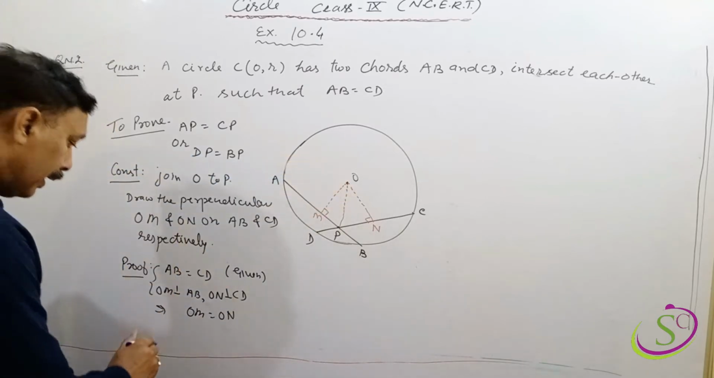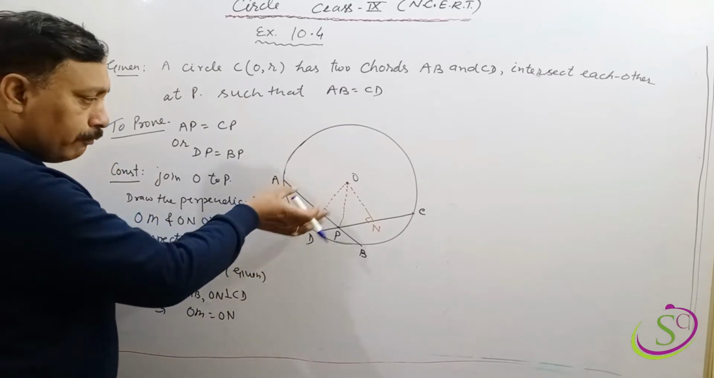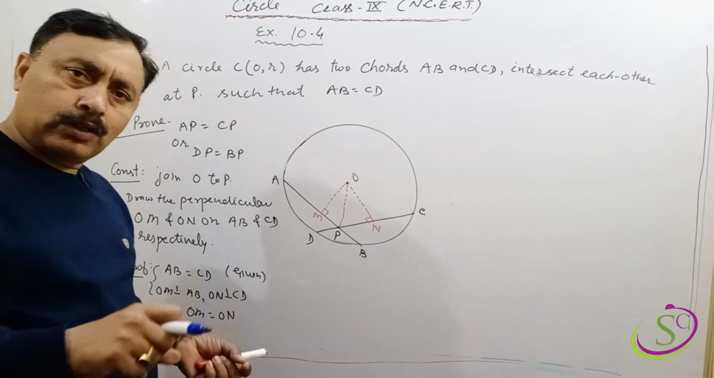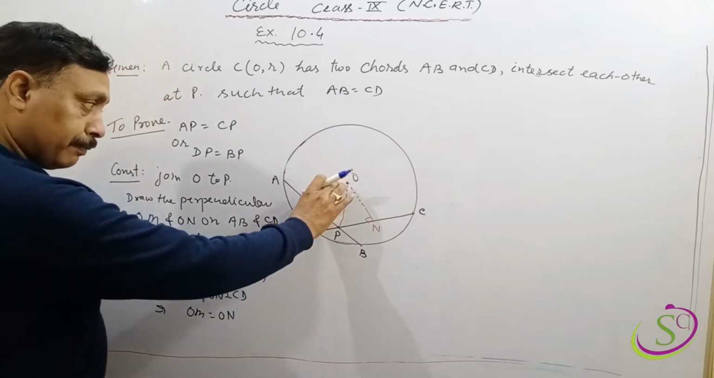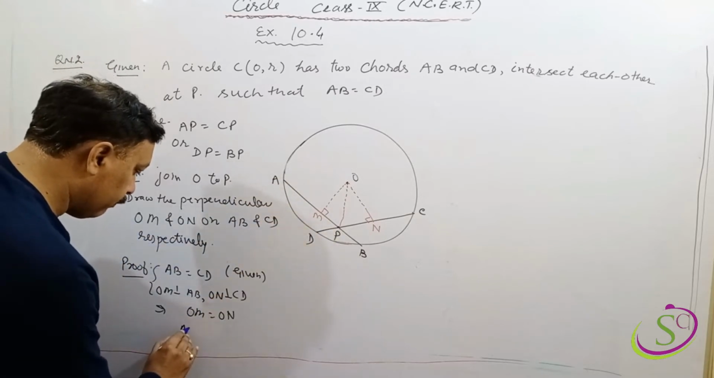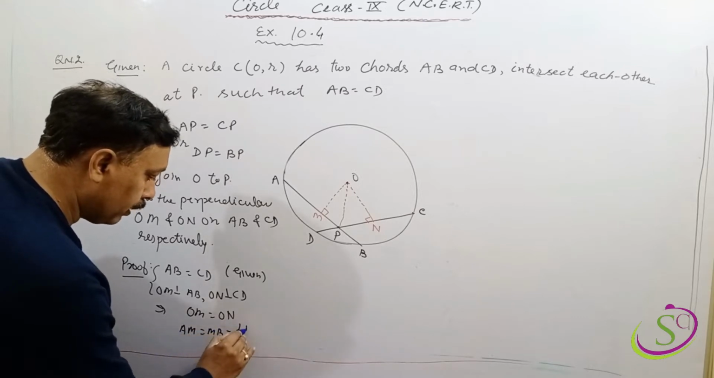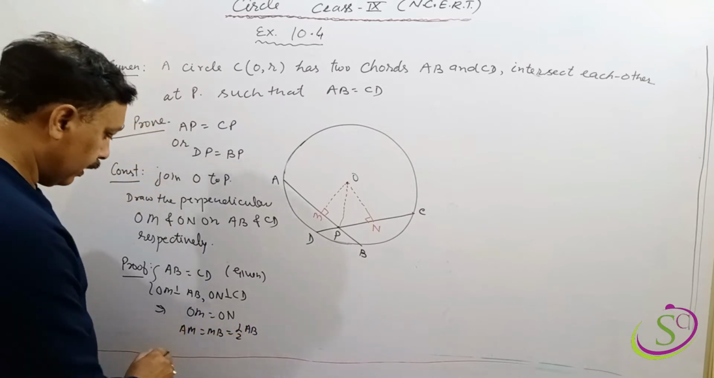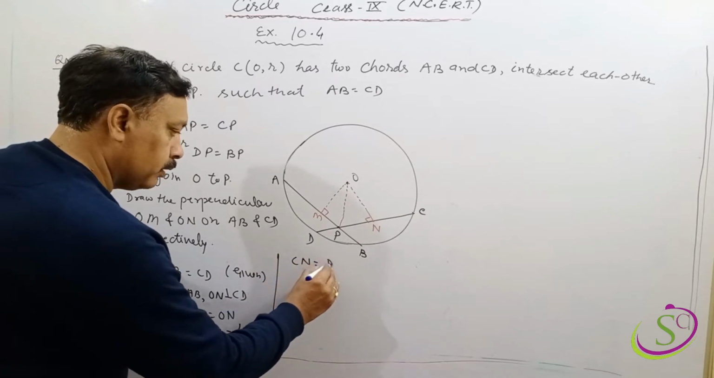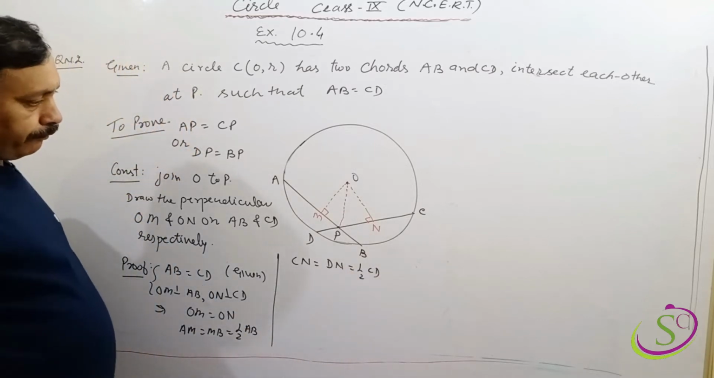And OM is perpendicular to AB, so OM will bisect AB. We know that the perpendicular drawn to the chord from the center of the circle bisects the chord. OM is perpendicular, so it will bisect: AM equal to MB, or equal to 1 upon 2 AB. And similarly, CN equal to DN, or equal to 1 upon 2 CD. Okay? So now,